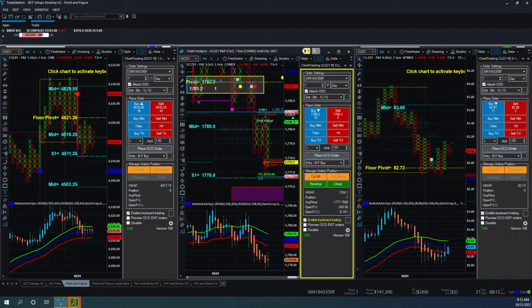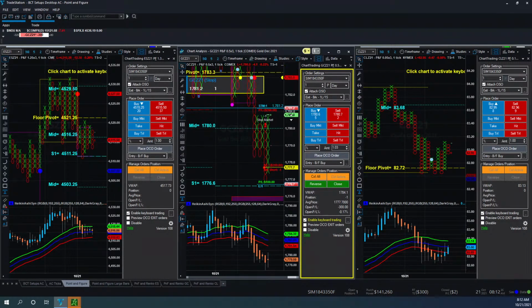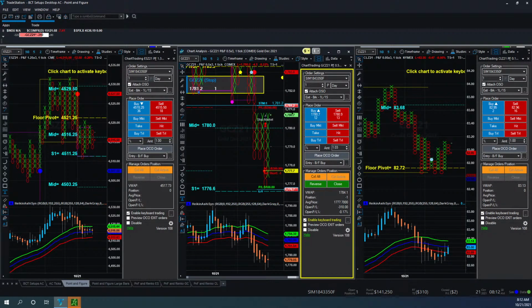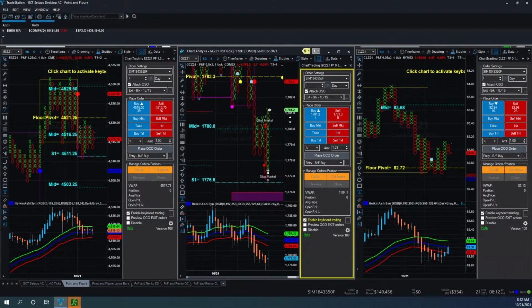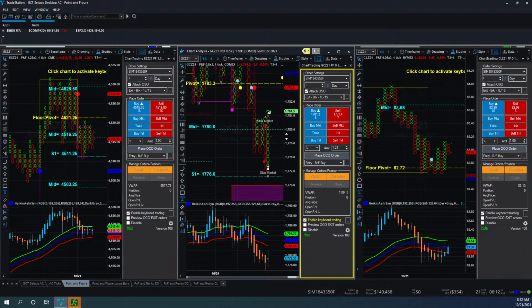Seems that it's breaking to the upside. Gold. Leaving a good bullish signal in the 30 minutes. Yep, it's going to take us out. Order filled. And we're filled. $354 loss.